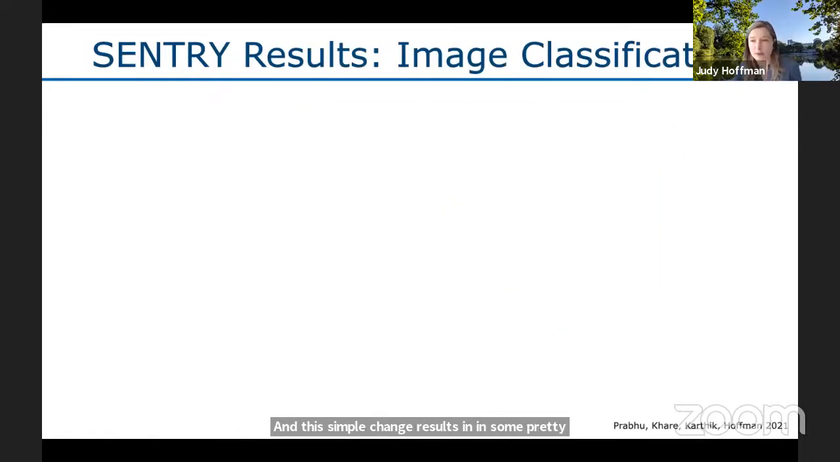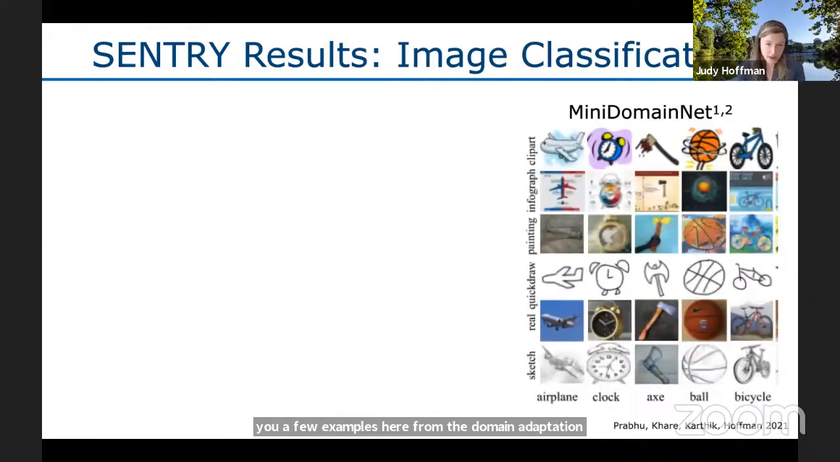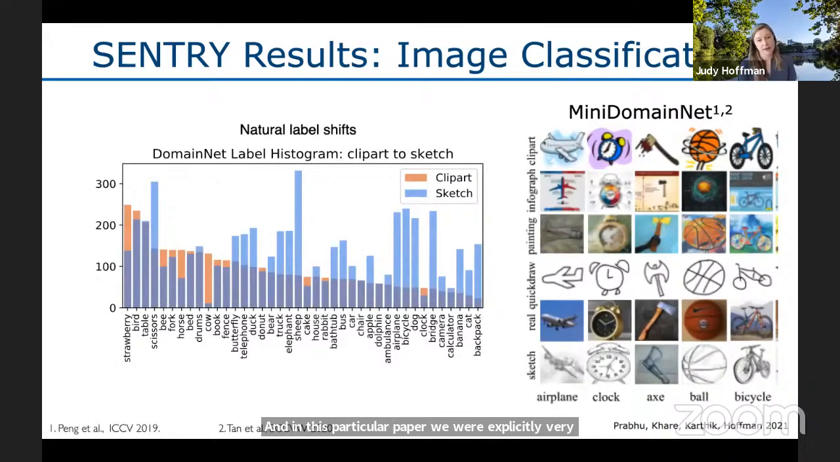I'm going to show you a few examples here from the domain adaptation literature. In this particular paper, we were explicitly very focused also on trying to understand performance on the categories that are highly susceptible to these divergence criteria, namely the categories that had very few labeled samples in the source data set. They tend to underperform in the adaptive setting because the model is more vulnerable to the instances where it just didn't have as many training data. But here's one example, this MiniDomainNet data set, which is a popular benchmark in the domain adaptation